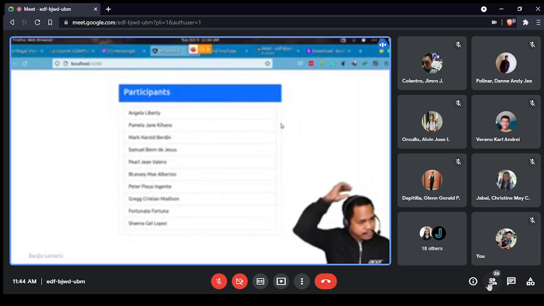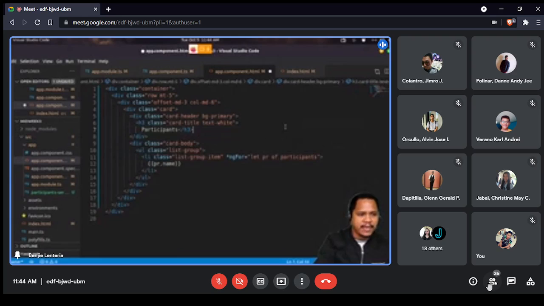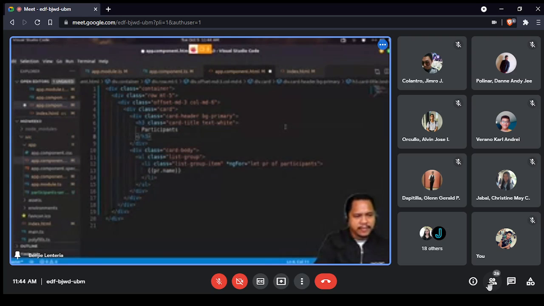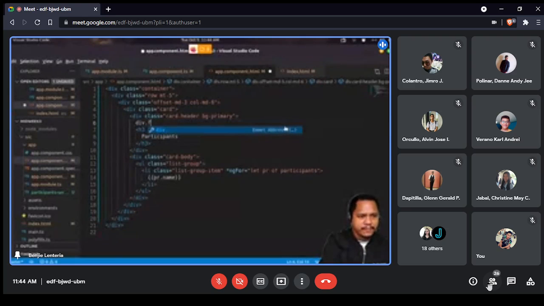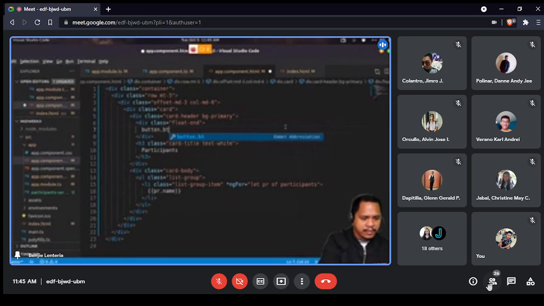And we'll put here buttons for male, female, and all. Now we can display only male or only female. And to do that, we'll have our H3 there. We'll put here a div which floats to the end. And here we put buttons. We'll have btn dash success